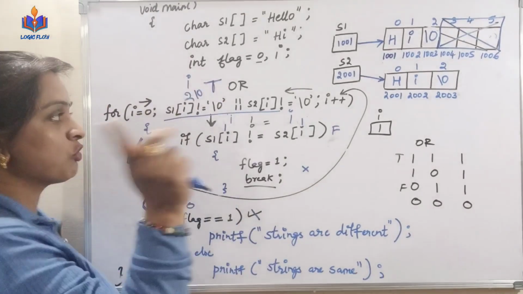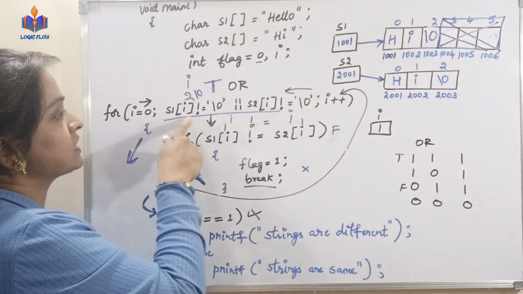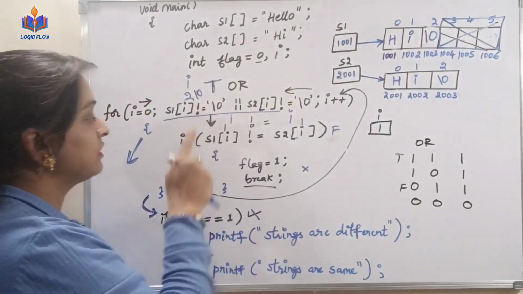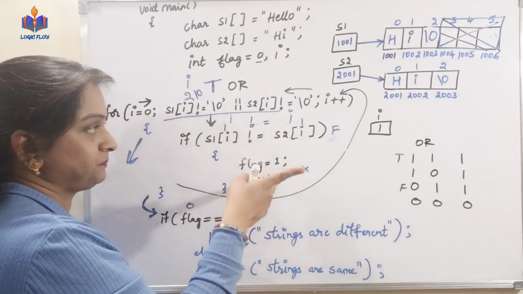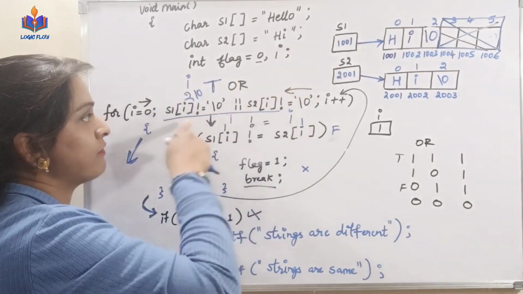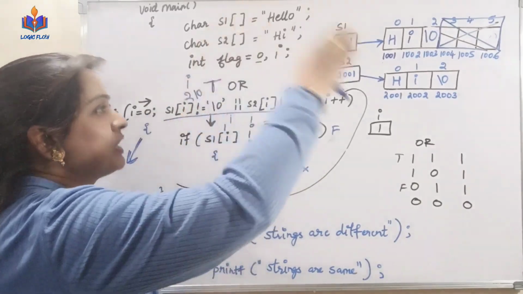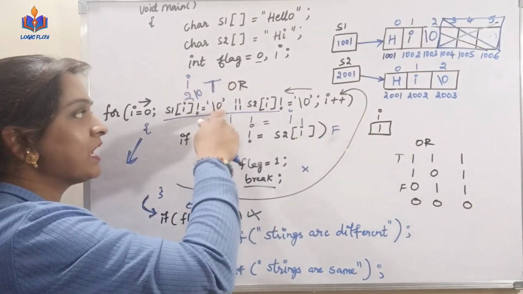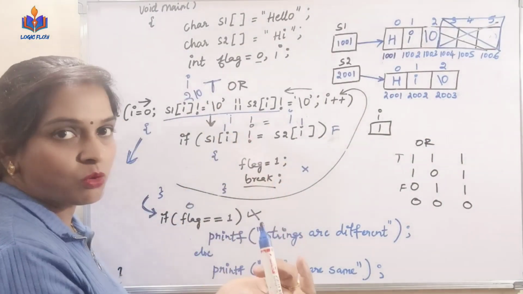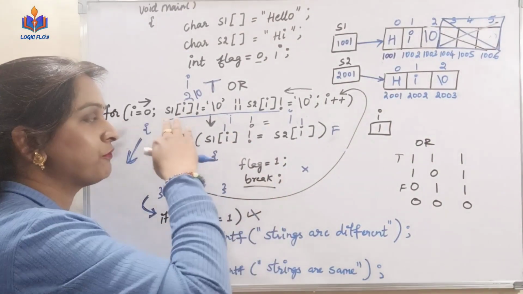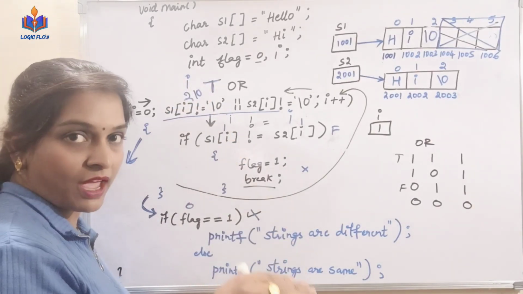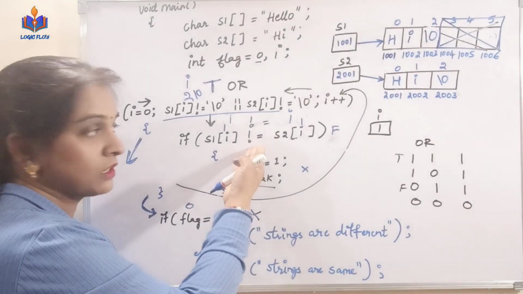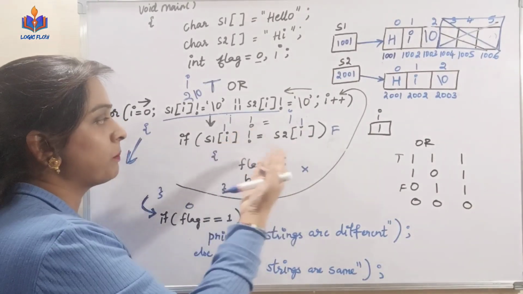See, one thing you should know. This for loop takes care of traversing and this if condition takes care of comparing. So when I do this traversal, I need to check whether I have reached a null character or not. If I reach null character, then there are no characters in the string. If it is not null character, you have characters in the string. If you have, then you compare it. How to compare? You just compare. If it is not equal,